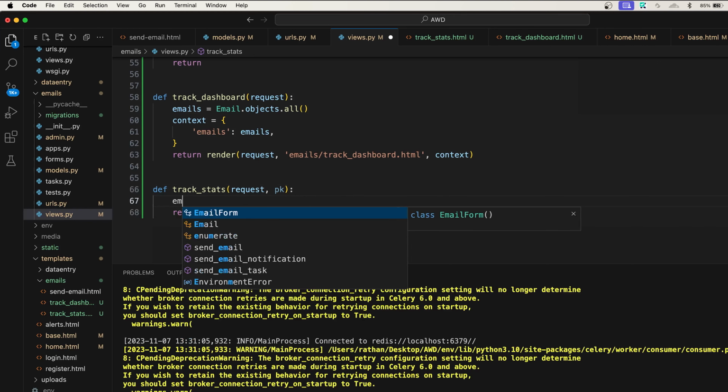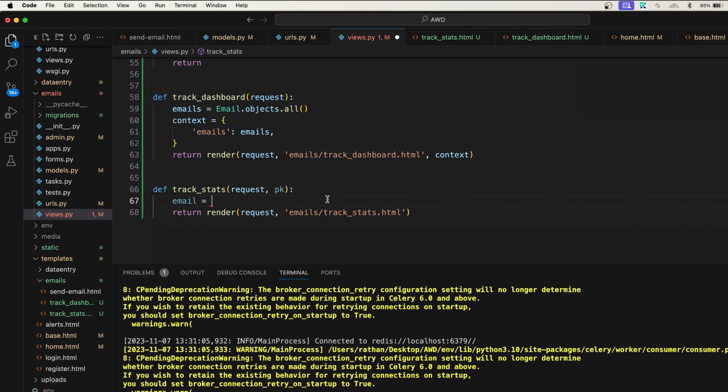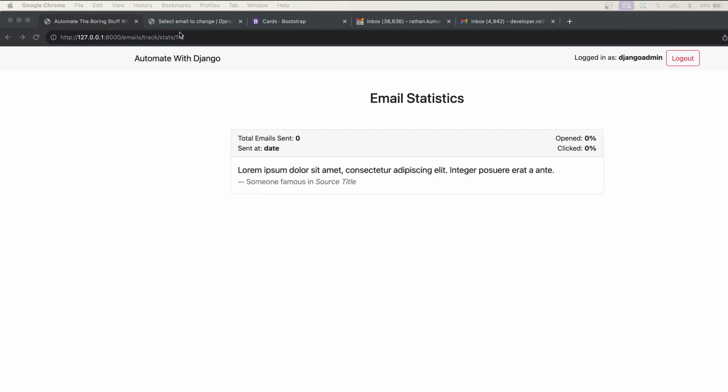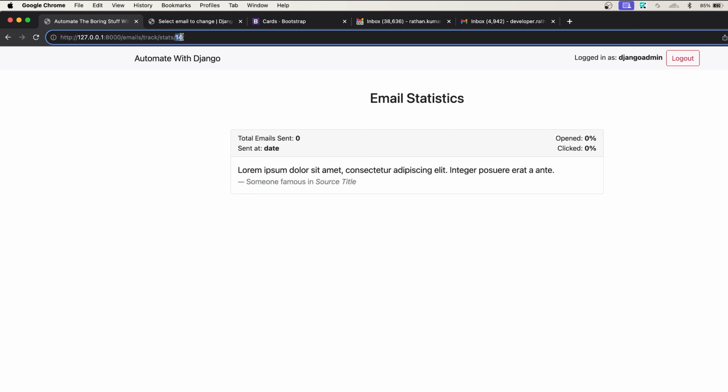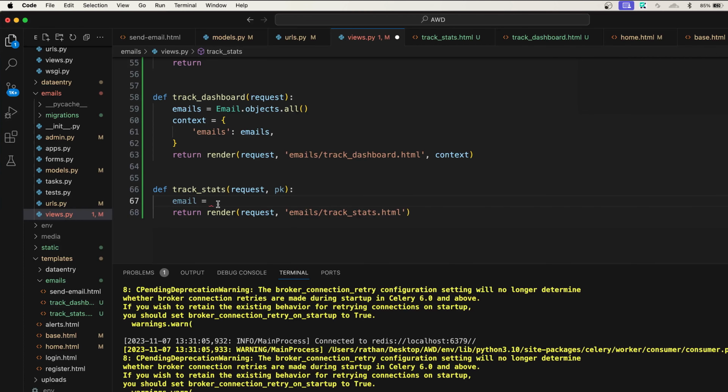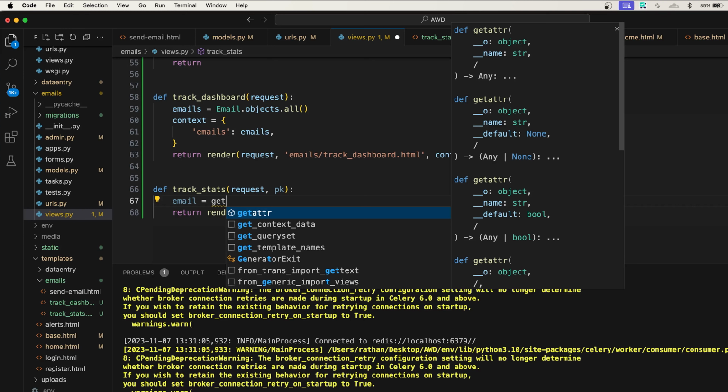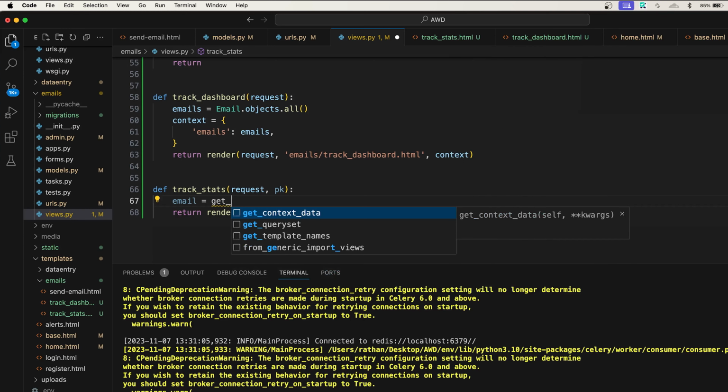Okay, email object. So we'll say email is equal to, we are already getting the primary key, right? So when we click on this link, you see we are getting the primary key 14. Click on this and you are getting this primary key 22, right? So based on that primary key, we can take the email object, right? So it is a get_object